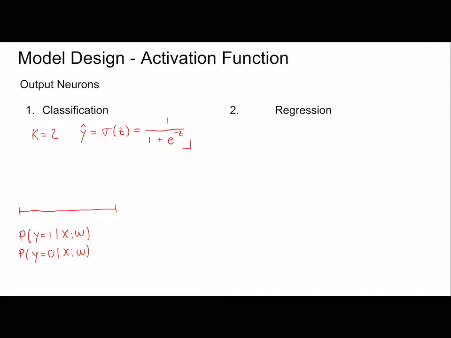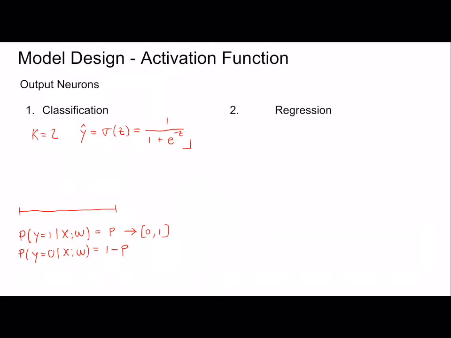If we have two classes and call this p, this is 1 minus p, because the probabilities, as you know, need to add up to 1. Now, because this probability cannot take any value, just values between 0 and 1,